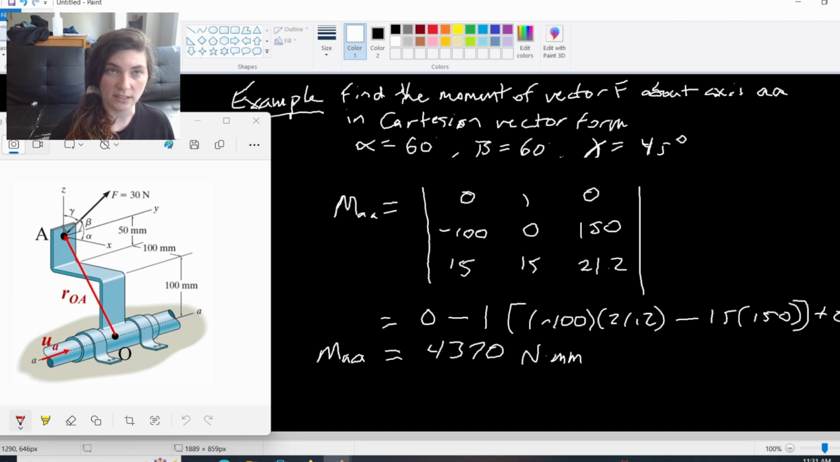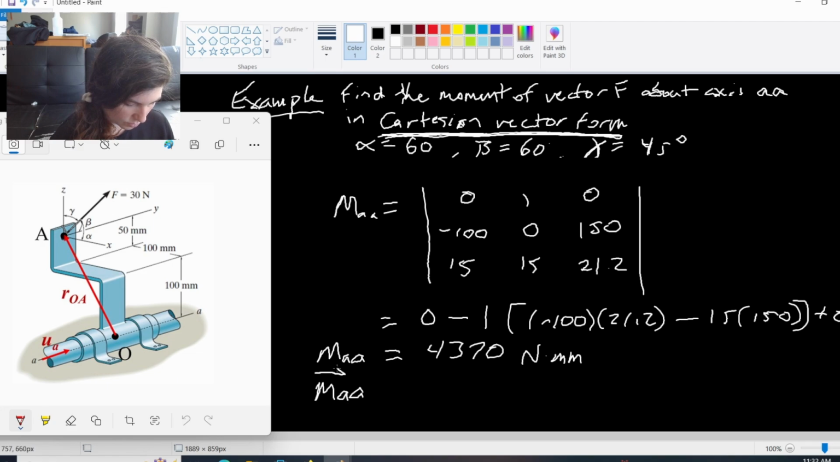So this is the magnitude, but it did ask for the moment in Cartesian vector form. So to do that, I take this moment magnitude, AA, and multiply it by the unit vector of AA, which we said was just j hat, so we're going to end up with 4,370 j hat